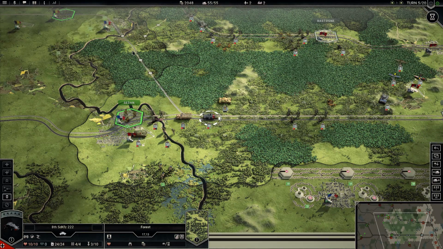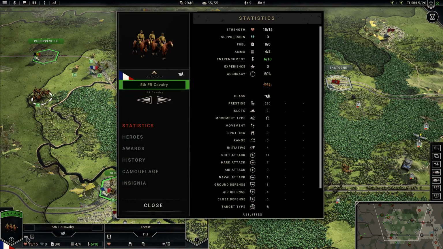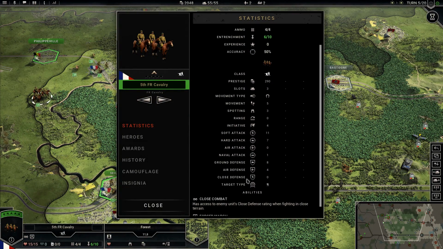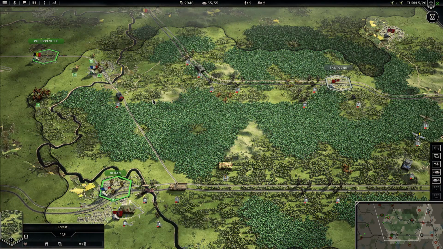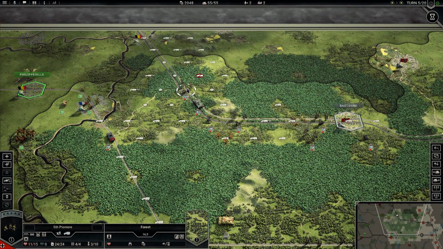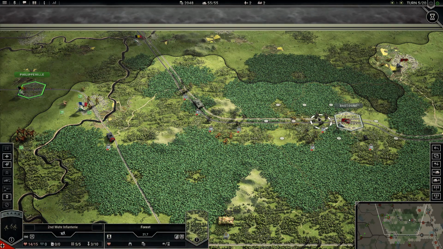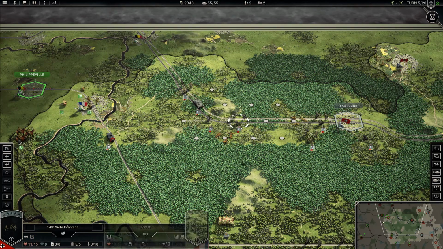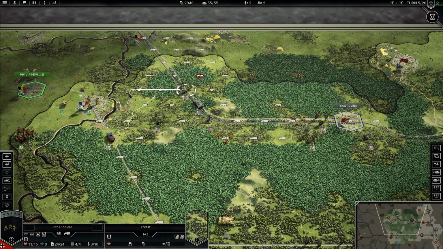Okay, let's get a little scouting going on here. Yeah, no whammies. Okay. So these guys have 0 close defense. So if I move him back in the forest, it's just as well? I'm not sure. I can move him onto the river, or I can move him right here and we can have a recon bonus. Let's move from the back first. If I move him up there,